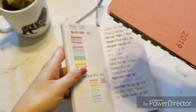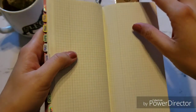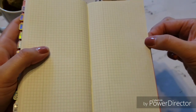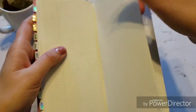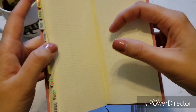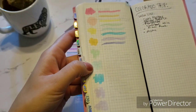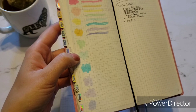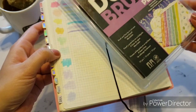The difference is that this is coated. This is Tomoe River paper, which is a proprietary paper that is extremely thin, but they have managed to put a coating on it that allows it to be used for different purposes. Like you can use paints like watercolor in it and it's not going to bleed through. This here is like a swatching of this pack right here, the Tombow dual brush pens. This is the pastel palette,